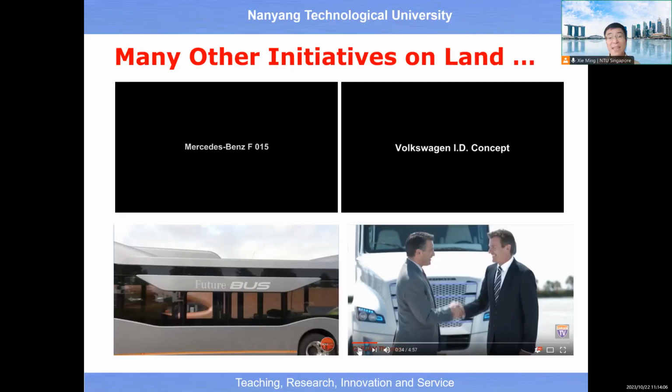Also know like Google and some other company, okay, which also venture into the development of autonomous vehicle. Okay, and this slide